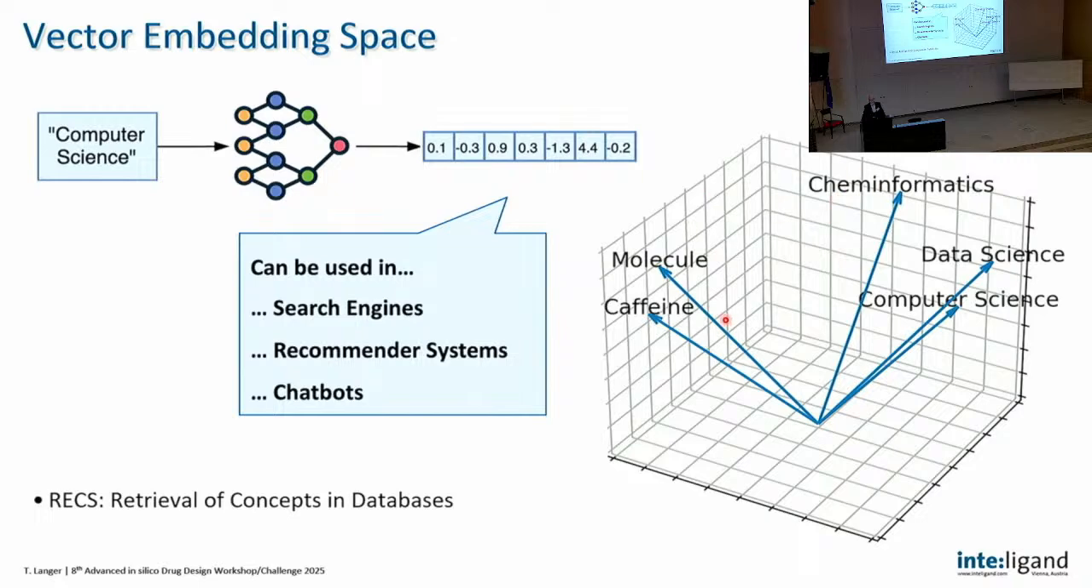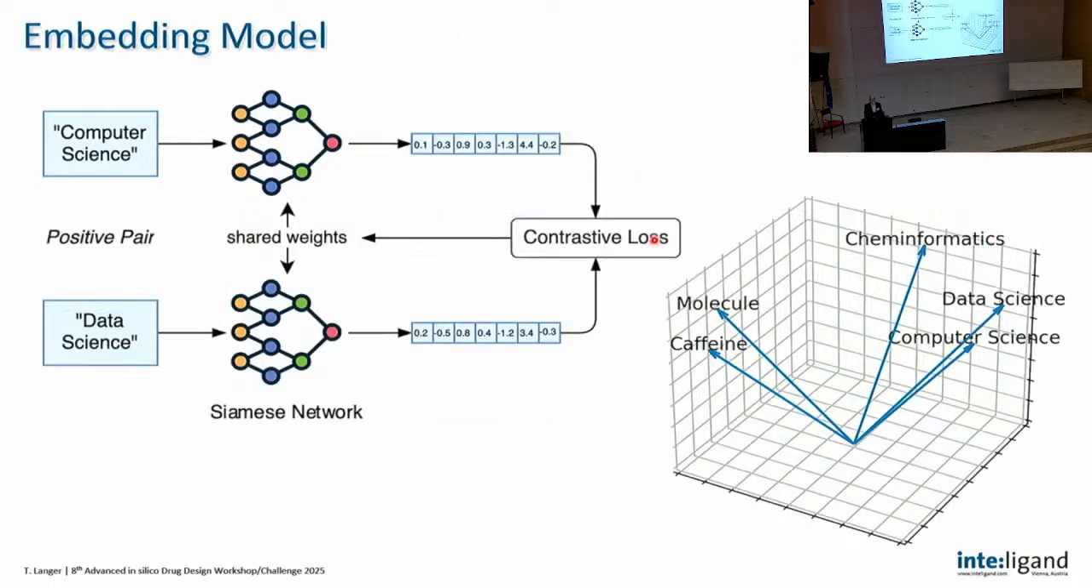When you look at molecules, this is somewhere else. Caffeine is a molecule, so it's close to molecule in this property space. And when we look for cheminformatics, it should be somewhere between data science and computer science and molecules, right? So this is the idea behind it: to have vectors that point in directions. And the idea is now